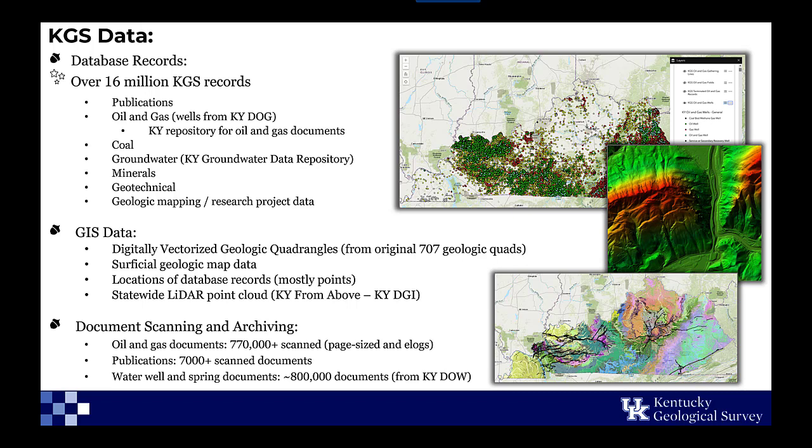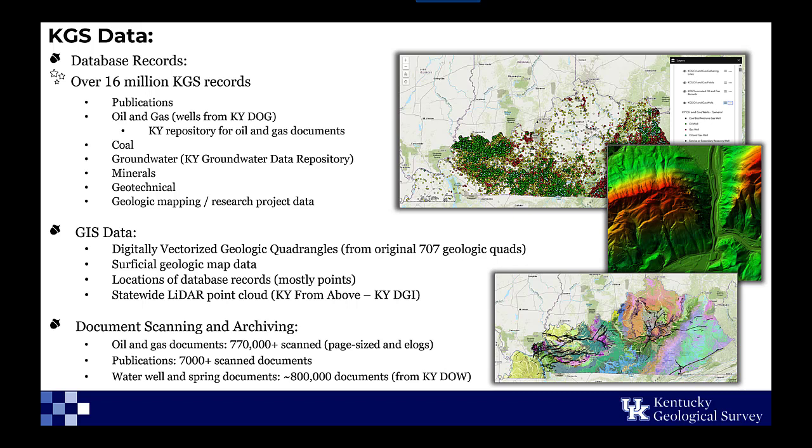data set of our GIS data is our digital vectorized geologic quadrangles from the original 707 geologic quads. And I'll talk a lot more about those in a minute. But we also have surficial geologic map data, and then we have the location of these database records, including oil and gas wells, water wells, coal data, etc. Mostly this is point locations, but if we have a point location in our database, it can be